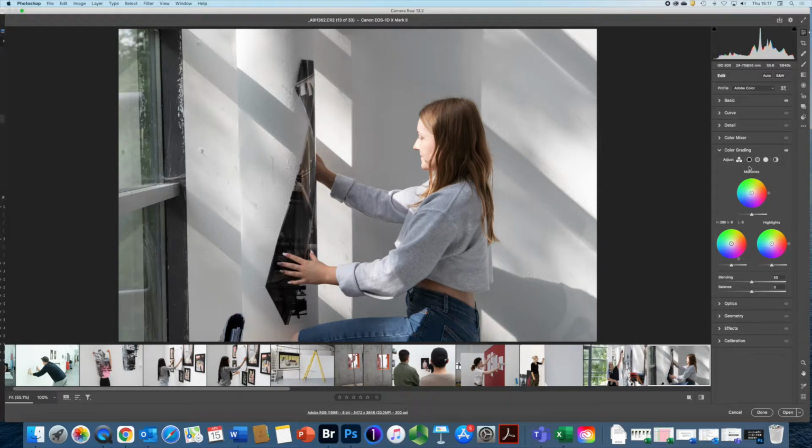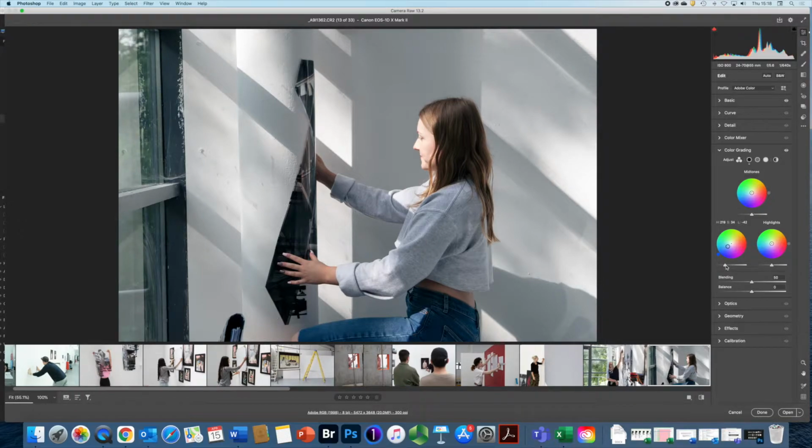But you can affect your midtones, highlights and shadows simply by adjusting the slider to add the density, if you like, of the color. So let's say I want to give it a bit of a blue shadow